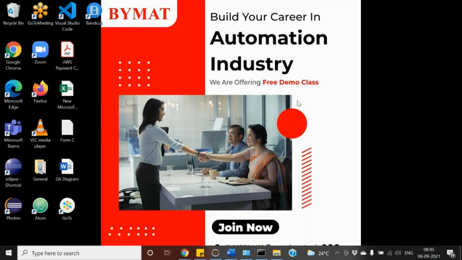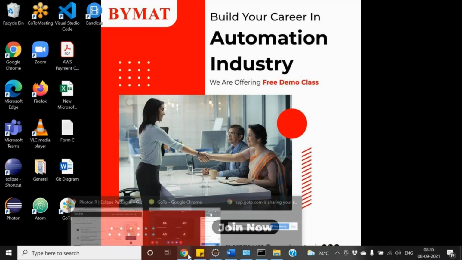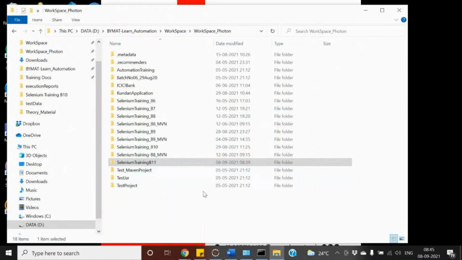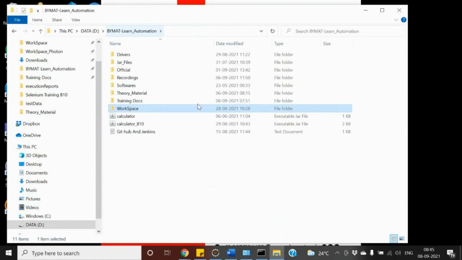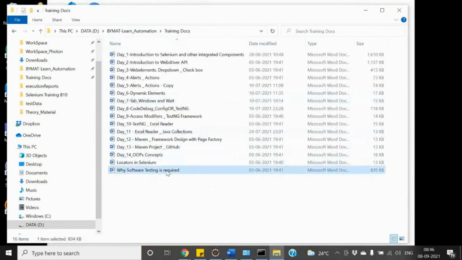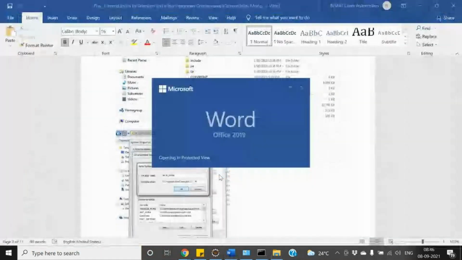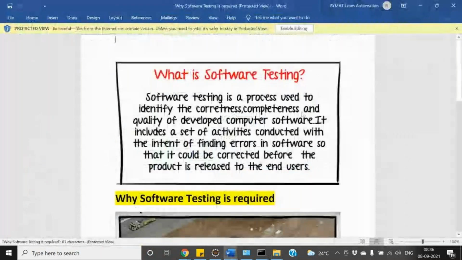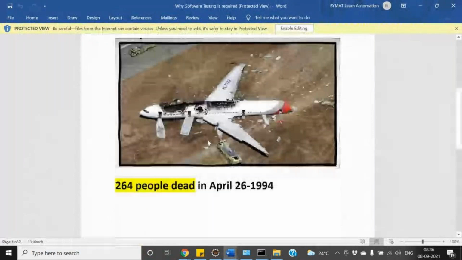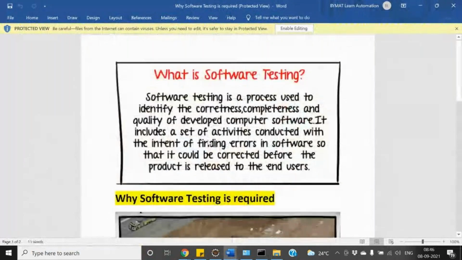If you go ahead and check what software testing is all about, you'll get n number of definitions for that. So why we need software testing and all those things, I'm not going to discuss because you guys pretty much know about it. So what is software testing? This is the book's definition.